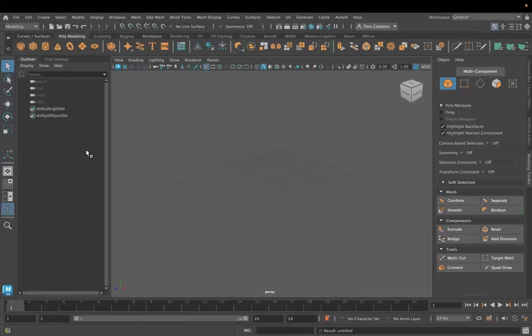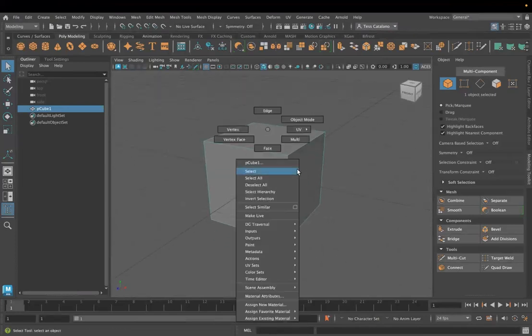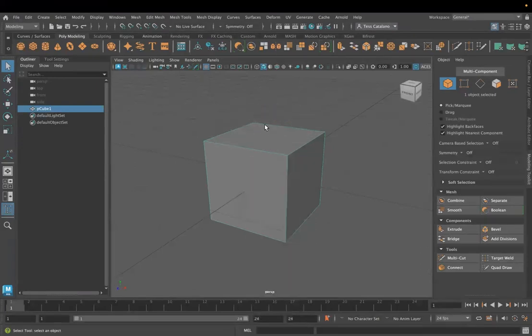So let's go ahead and create a cube in the center of our space here. We already went over how we can right click over this object and change its component mode. At the top of the modeling toolkit here, we also have the ability to change the component mode, or we can click multi-component, and this will allow us to simultaneously select vertices, faces, or edges, or we can select discrete